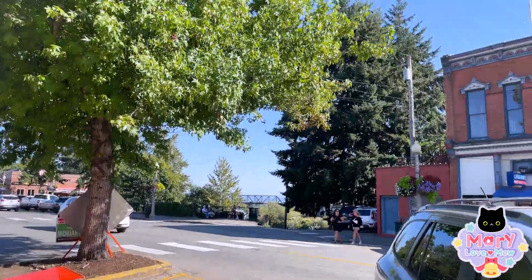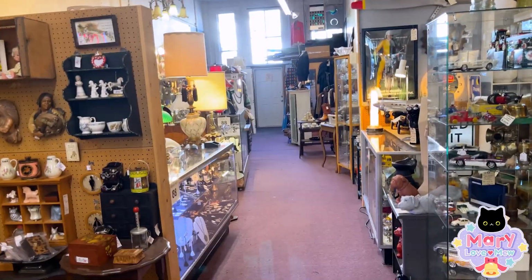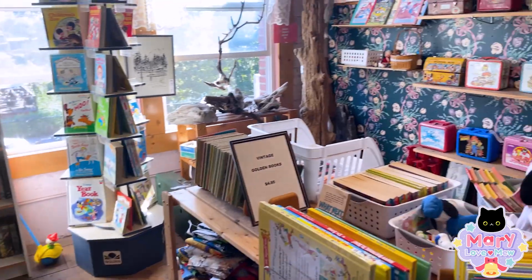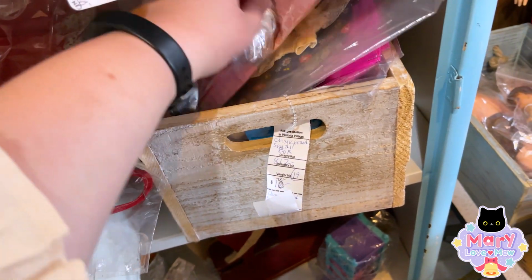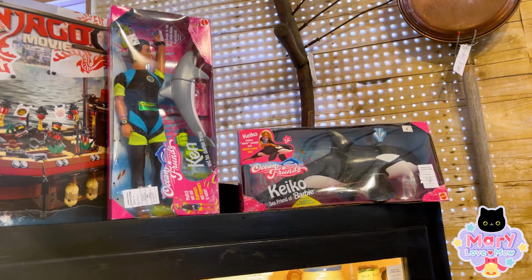So I ended up spending my entire day looking at antique stores, which definitely wasn't how I was planning on spending my day, but it ended up being a really nice time. I highly recommend any of you check out antique malls, especially if you're a collector or just want to look at what existed in the past, or what people held on to, or what other people were collecting. I think they're really neat time capsules, and I feel really lucky that I have so many near me